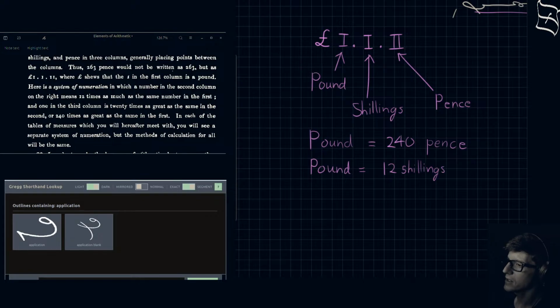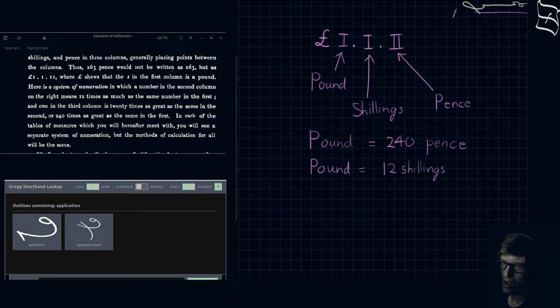Let's see if that's correct. Gonna go over here and do a quick Google search and say, is a pound 12 shillings? And it's going to say, no, 1 British pound was equal to 20 shillings, not 12. Okay, 1 shilling is 12 pence. That's what it is. Okay, so we'll go back over here, and I had it miswritten.